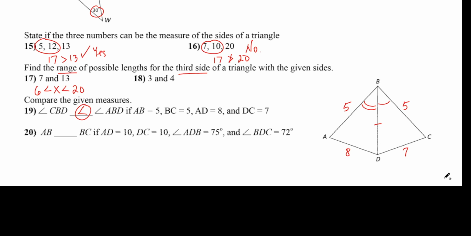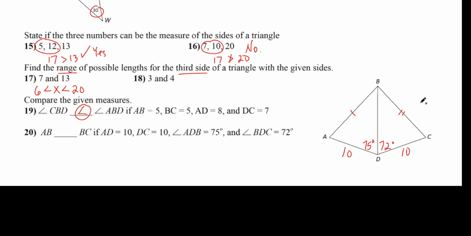All right, let's do one more and we'll be finished. Let's get rid of all this. There we go. Clean slate. All right, let's put some stuff in here this time. AD is 10. DC is 10. It says ADB. Where's ADB? That's this bottom left one right here. That's 75 degrees. And BDC, where's that? There's B, there's D, there's C. So it's this one right here. That's 72 degrees. What I want to do is compare AB, this one right here, to BC,